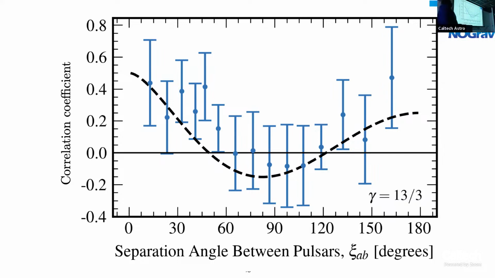In this case, we're using a full array. There are some papers that show that you can get a bias in your upper limits if you use a subset of your pulsars to set your limits. So that's one of the main reasons why we think that in this case we're seeing something that's larger than that limit was. In terms of the IPTA in 2016, I think in this case,